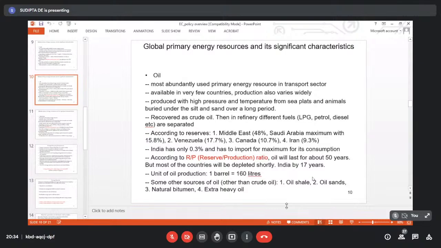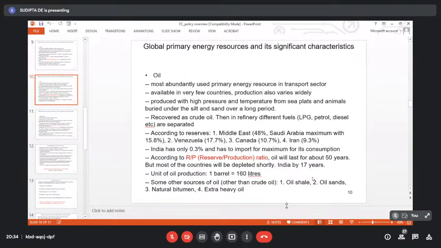That means out of the three fossil fuels, gas might have a little bit more. Coal has the longest, 100 years, but about 50 years is also an estimation on the basis of reserve by production. If the consumption rate increases, then obviously it will be even less. So the most threatening reserve of the fossil fuels is the oil, not the coal.